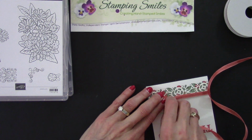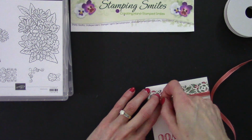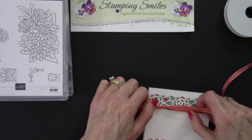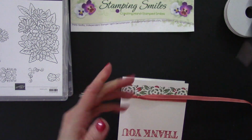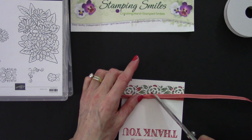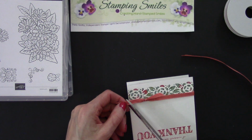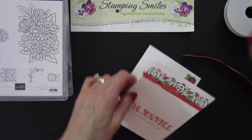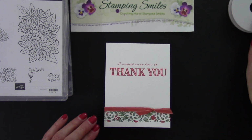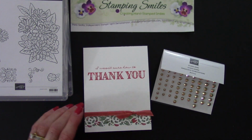So while that's being held with this finger, work with this one. You get good at this. And then I do a little switcheroo so I can keep it nice and taut. There we go. And trim off our tails at an angle that's oh so attractive. And then this one a little bit more. There we go. See, that just tied so nicely. Isn't that pretty? And so then for the finishing touch, I have the gilded gems, and they come in 3